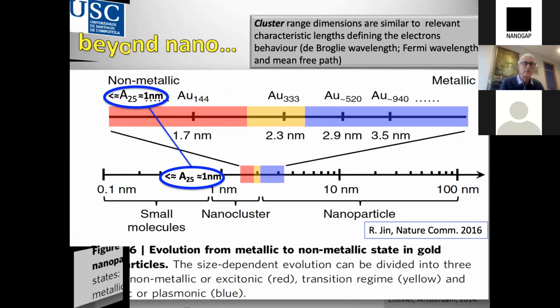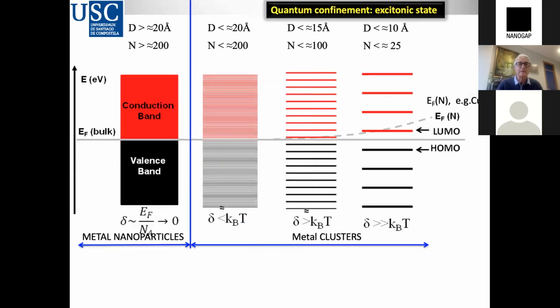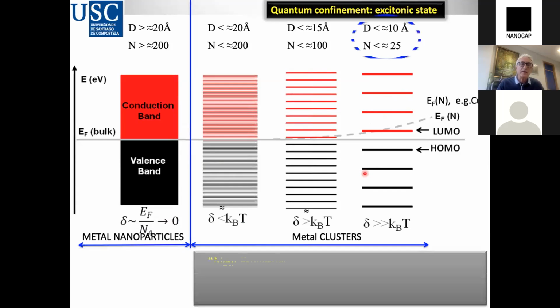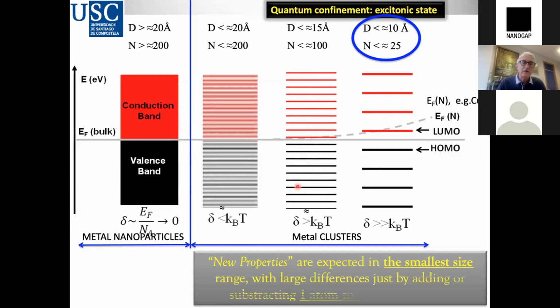I will explain in this talk why we are working in this area. So the properties change, and why? This is very simple. You just have an electron in a box, and you reduce the box and the levels, due to this quantum confinement, the difference between the levels increases. And you enter into the area of clusters, in which by changing the